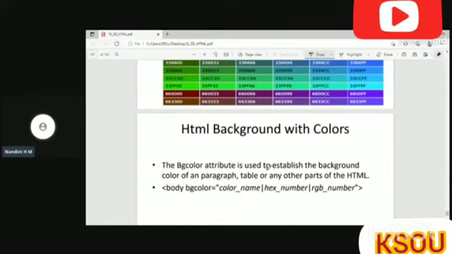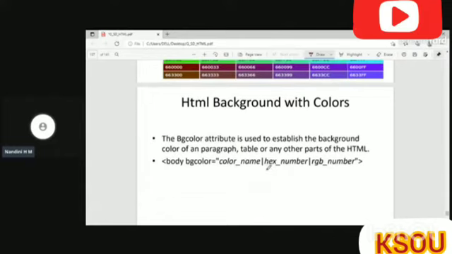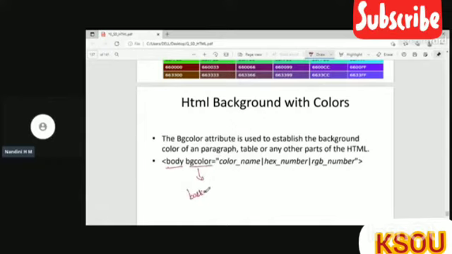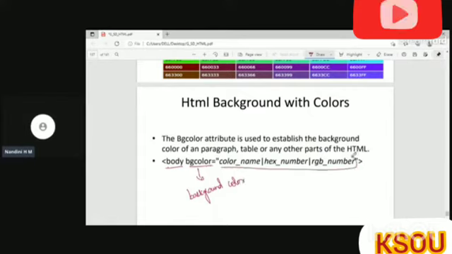In order to give a background color for the entire document, what we have to do is, while opening the body element, after the body name, we have to give a space, and then we have to write bgcolor. bgcolor is background color. Okay, background color is equal to color name. We can use name, hexadecimal representation, or RGB format.